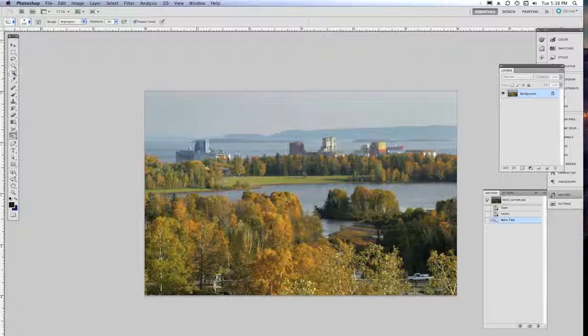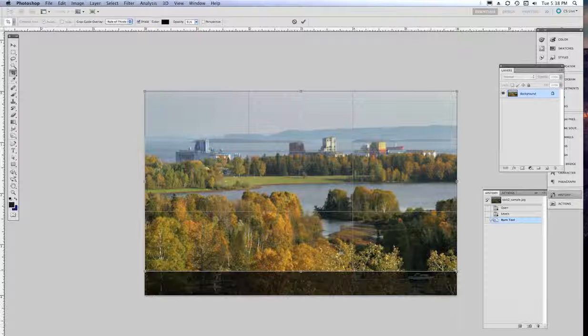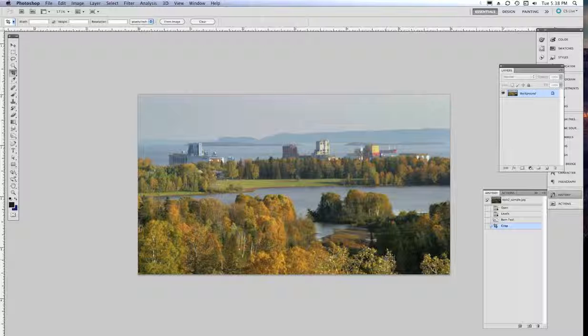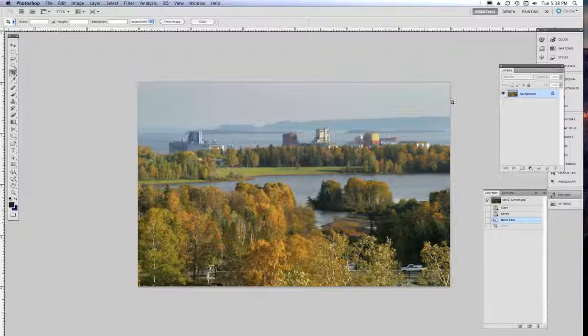I might even want to use the crop tool. I can set the dimensions, I can set the resolution, and all I'm going to do with the crop tool is bring it down like this maybe, cut that truck out, and some of those power lines. I hit it and I've got a few of the distractions out of there. I might even want to get rid of some of the sky if I can. So maybe I'll crop this so the truck is out, and I'll put a little less sky in there,